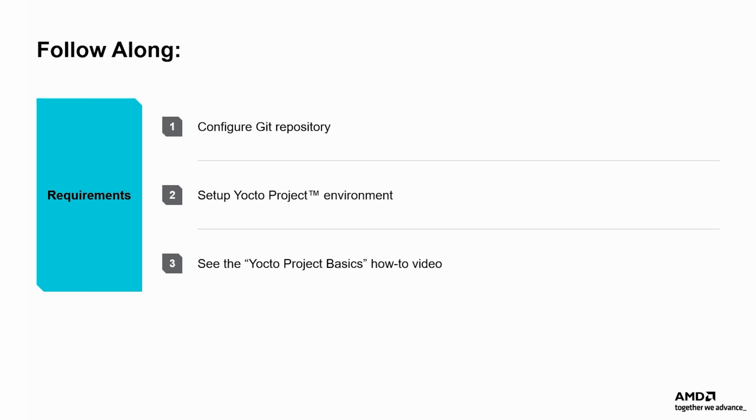At this stage, basic to advanced Yocto project knowledge is required depending on the task you want to perform. Please refer to the Yocto Project Basics video for learning more about the Yocto project environment. Here you will use the repo tool, which is the tool chosen by AMD for EDF flows to manage multiple Git repositories. First, you will configure Git with your username and email, and then set up the Yocto project environment.